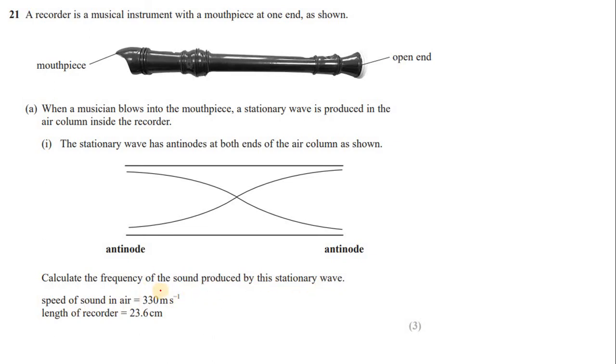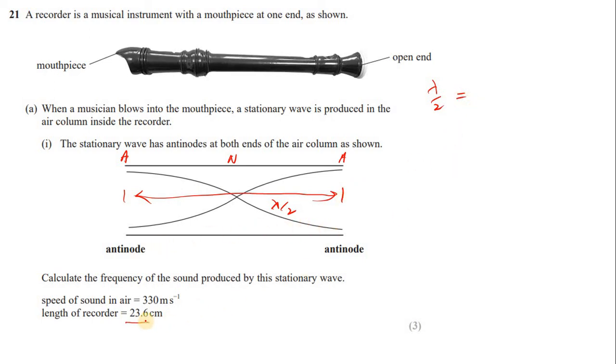Speed of the sound is 330. Length of the recorder is 23.6. So a typical question of stationary waves, this is antinode, this is node, and this is antinode, and we need to find the frequency. We know that the distance between two successive antinodes is lambda by 2, half of the wavelength. So we can say that lambda by 2 is equal to the length of the air column,